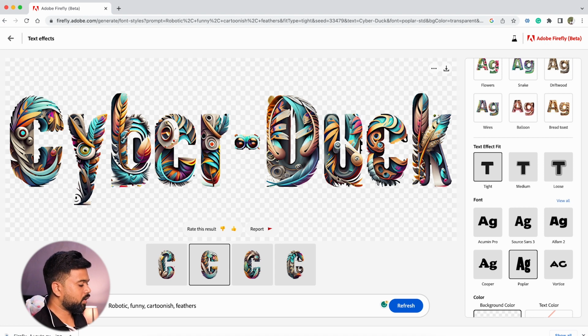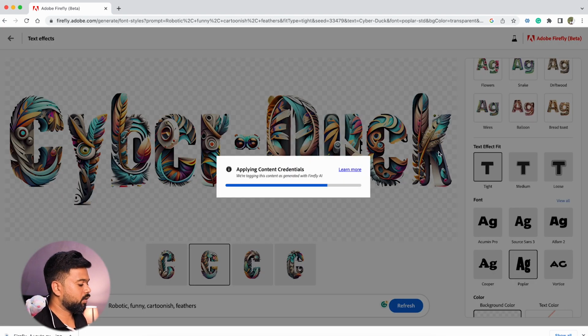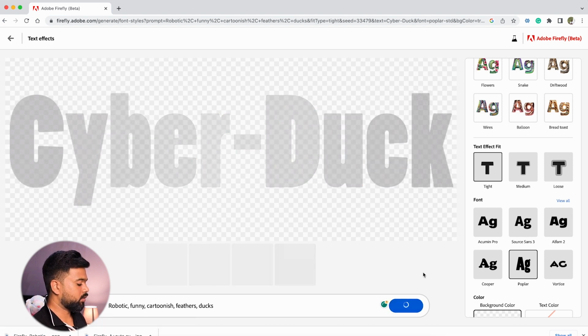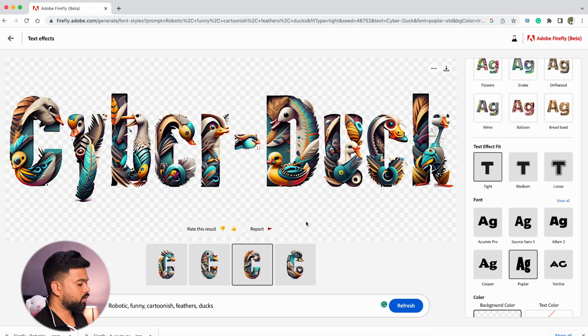This one is quite convincing, but I'm not sure whether I would like it or not. Anyways, I'm going to download this and keep it as an asset, and I'm going to try out my other options. I'm going to have some ducks in it, so I'm going to regenerate it again and see what it's really got for me. Oh my god, this makes it illegible just because of too many ducks in it, and I'm going to remove the ducks and keep just duck, and I'm going to regenerate that